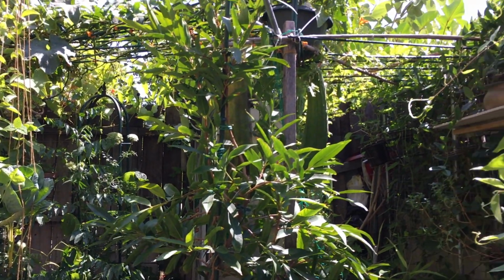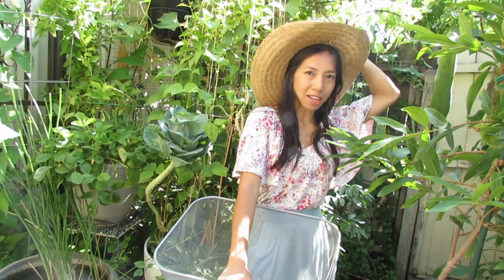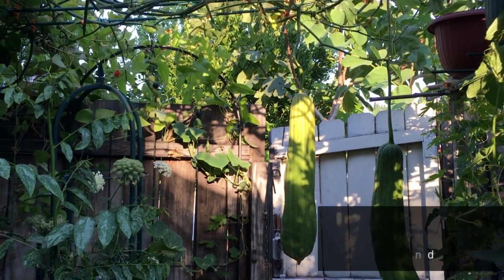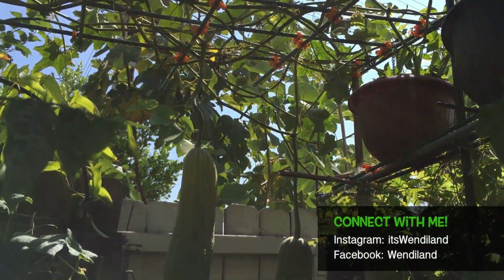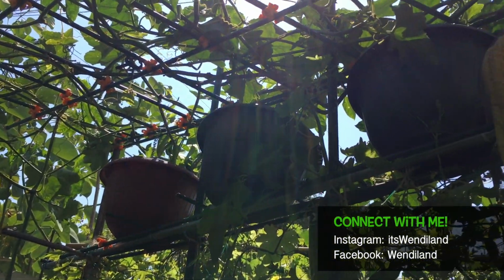Starting off, I want to share with you guys about the loofah. If you have seen the previous garden tour from last month, if you have not checked that out, I'll link it down below for you. So these loofahs, you can see that they have grown quite a bit. They are getting harder and drying up. I also have pruned this vine back to open up a bit more space and light for the plants below it. So if you come closer,